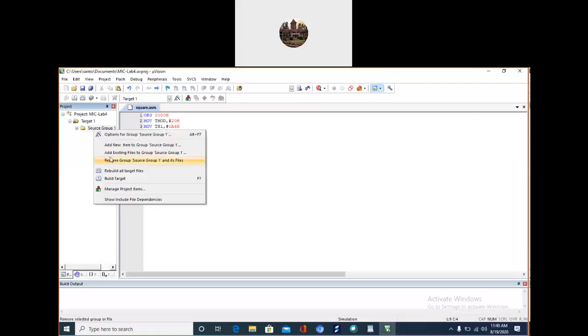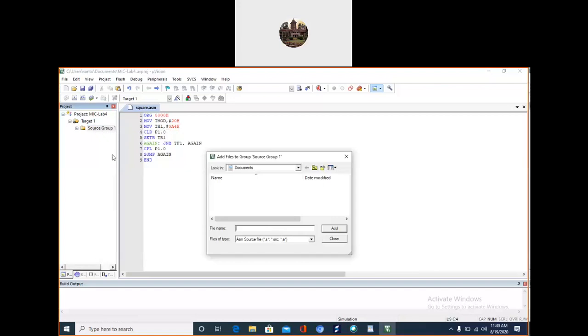Add existing files to Source Group 1: square dot src, add, close it.